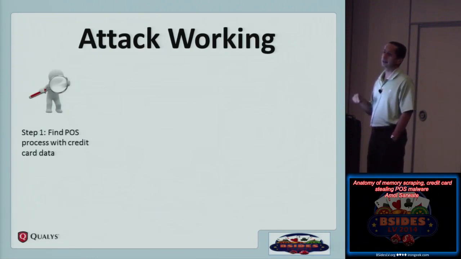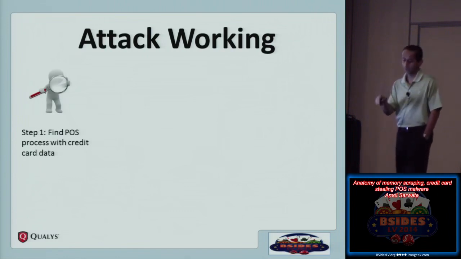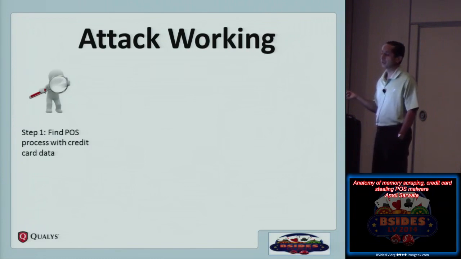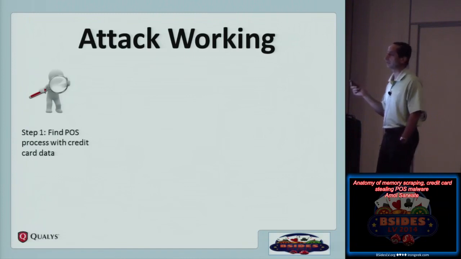Now this is not a mandatory process. This is an optional step, but usually, even if you have a low-powered, old machine with a 32-bit operating system and 32-bit processes, it can still access about 2 GB of virtual memory. If you have a 64-bit OS and a 32-bit process, it can still access about, I don't remember the numbers very well, I think 4 GB of memory. If you have a 64-bit OS and a 64-bit process, then I think the process can allocate terabytes of memory. So it's very effective if, instead of just blindly scraping the entire memory for credit card numbers,